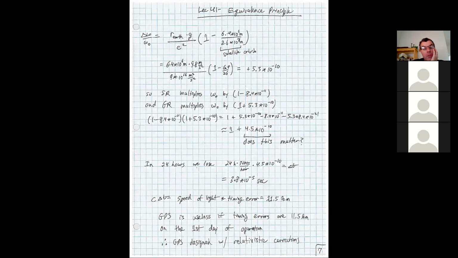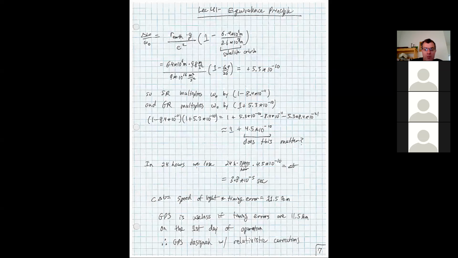4.5 times 10 to the minus 10, less than half a billionth. Doesn't sound too bad, being off by less than half a billionth. But that's the rate, okay? That is the change in the rate. So in the course of a day, 24 hours, we get a backlog of the day's duration, 24 hours times